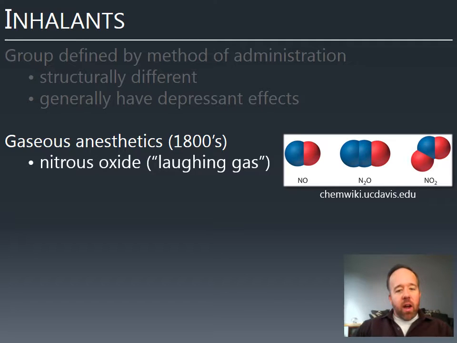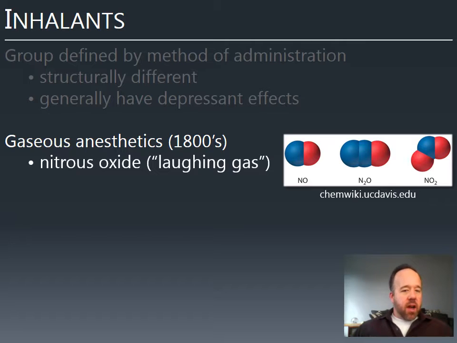Here on the right, I have a diagram. Here, what nitrous oxide means, it's the one in the middle, N2O. The one on the left, NO, is nitric oxide, and is actually produced naturally by your body and is used commonly in synaptic transmission. Nitrous oxide, the one in the middle, has 2 nitrogens, 1 oxygen. And then the one on the right is nitrogen dioxide, which is not good for you. So these small changes, adding a nitrogen, having an oxygen instead of a nitrogen, these make big differences.